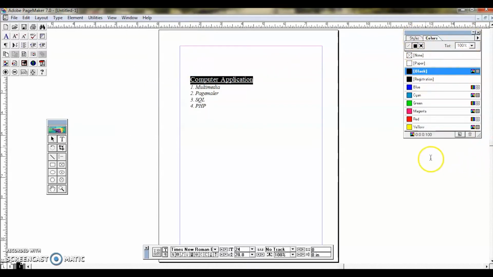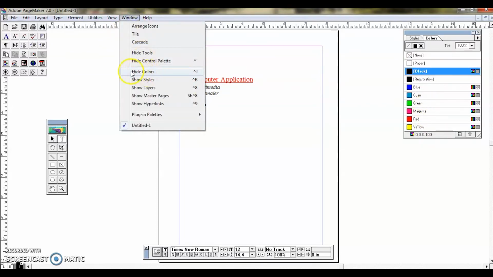So now the color dialog box is visible for me. So now if I select any color, I can select. So suppose I am selecting red, and then it will be applied as red. Clear? So first you have to select the text, and then if your color palette is, now it is already